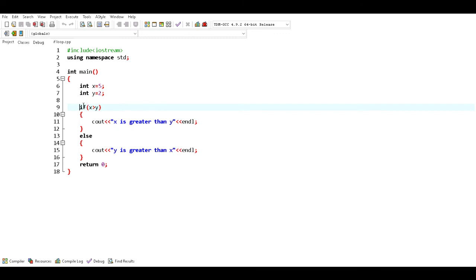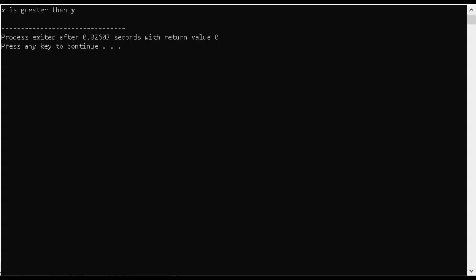If, and then in the bracket the condition is put. Here we have taken the condition that x is greater than y. Here we have also defined that x equals 5 and y equals 2. So the if statement is true, then the if part will be executed. Then the compiler will display x is greater than y, and then it will break out.